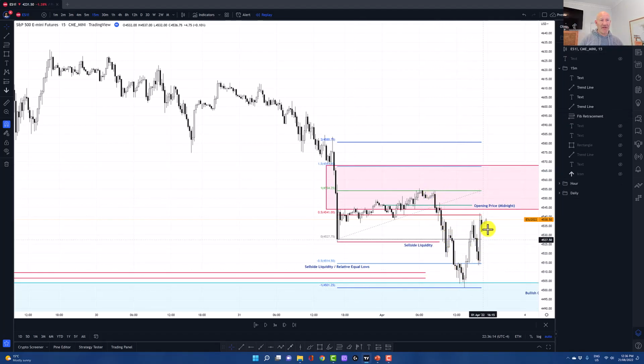So the accuracy of this is quite high, and you can see we now have confluence, because remember, we wouldn't actually have this price action here because we'd only be looking at this section of price action here. So all this would be clear, and so this would just add confluence to where we think price would go, because remember, we have a bearish bias, so we're expecting lower prices. We know we have relative equal lows down here, we have a bullish order block down here, and now on top of that we have a target from our fib which coincides with all these levels. So this just builds that confluence that we're expecting lower prices. We obviously have this sell side liquidity here, and so that just adds more probability to the setup